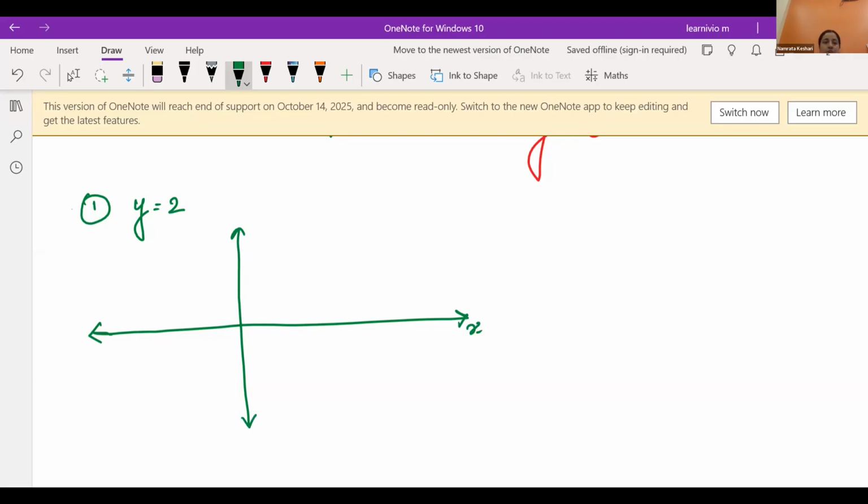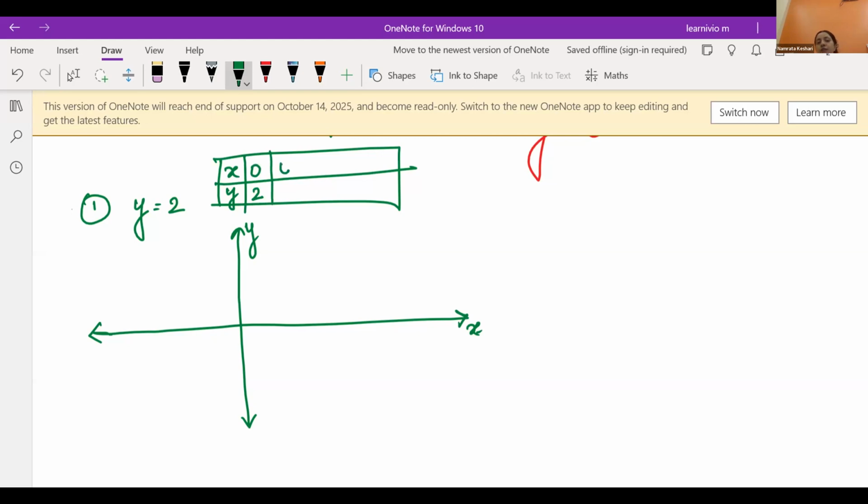Let's see. You used to make a table over there, taking x values and y values. Here x, here y. Now, if you take x as any number randomly, if you take x as 0, your y will be 2. If you take x as 1, randomly, in this equation, where will you put the x value? Still your y will be 2. If you take x as 3,